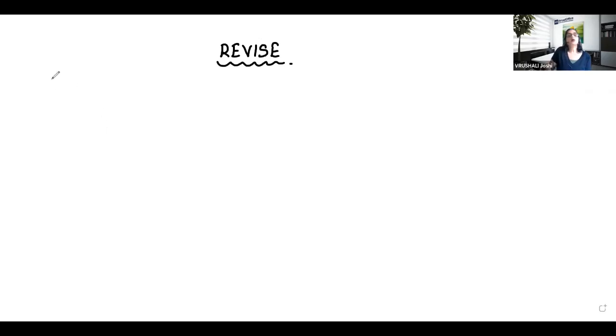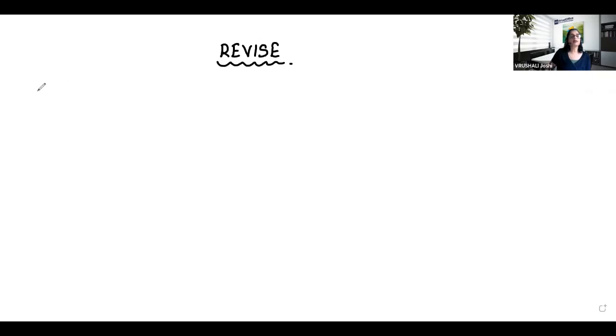So what we are going to do right now, to begin with, is revise a little bit, correct? In the last class, we saw how to divide by 9, correct? Is there a trick everybody remembers? The quick method to divide by 9, correct? I hope everybody remembers that, right?